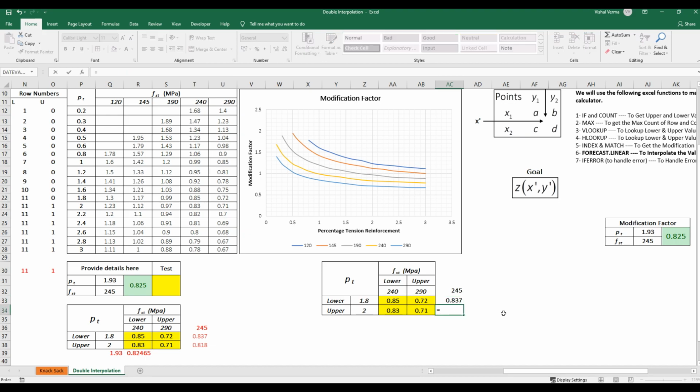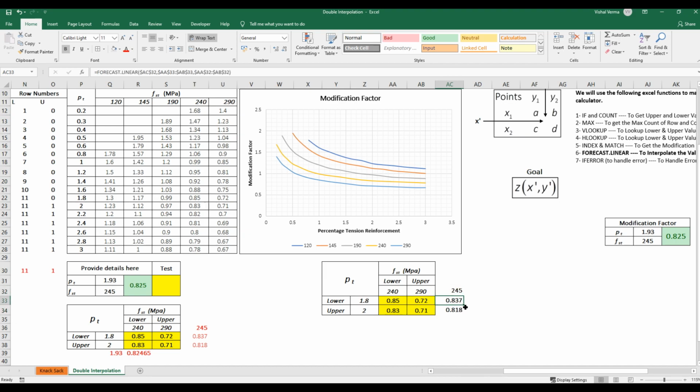Similarly, for PT equal to 2 and 245, what is the modification factor? We will use FORECAST.LINEAR again. X value, known y's and known x's. 0.818.